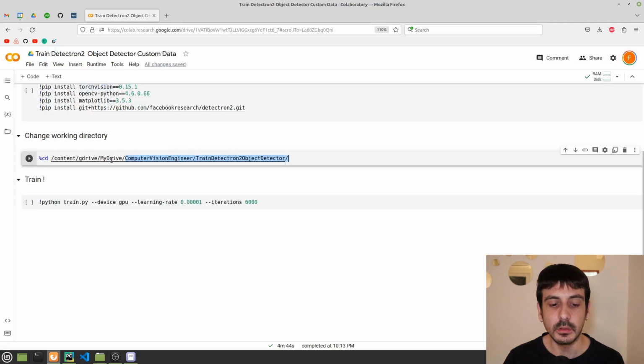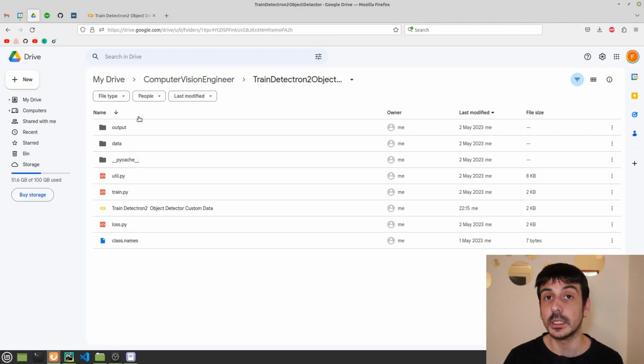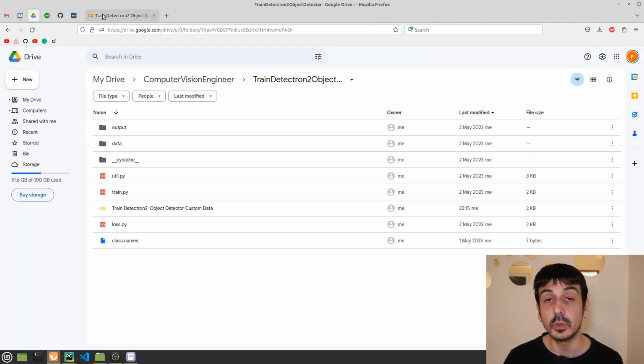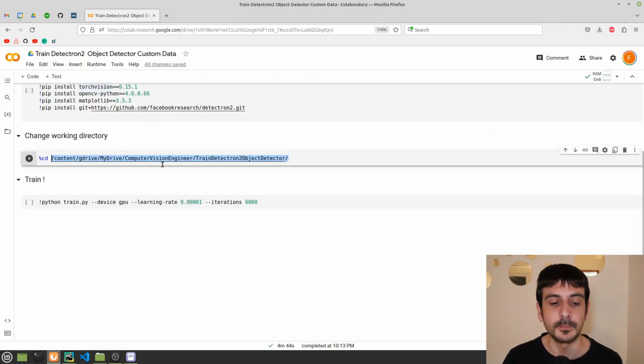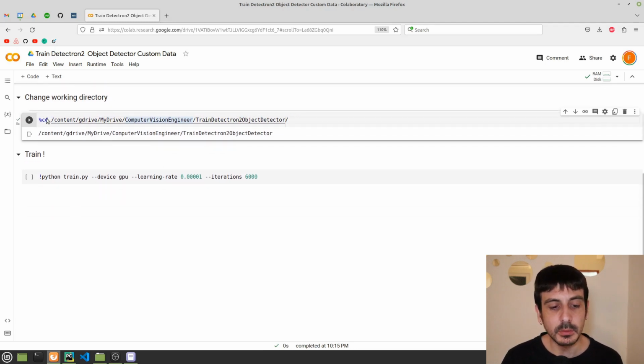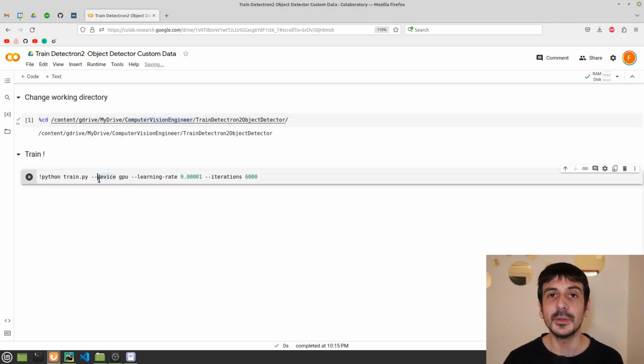So please remember to update this path with the location of your data and also your files in your Google Drive. Everything should be located in the same directory. Once you have edited this location, the only thing you need to do is to press Ctrl Enter, and that's pretty much all in order to change the working directory. And then the only thing you need to do is to execute this cell.